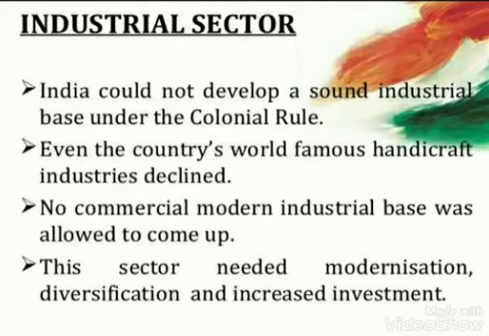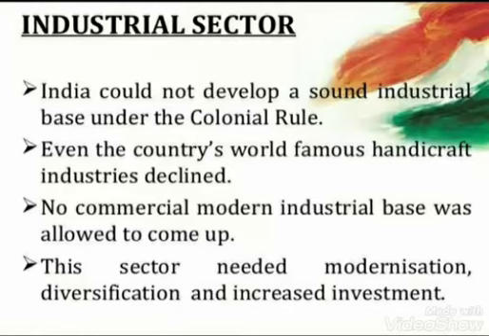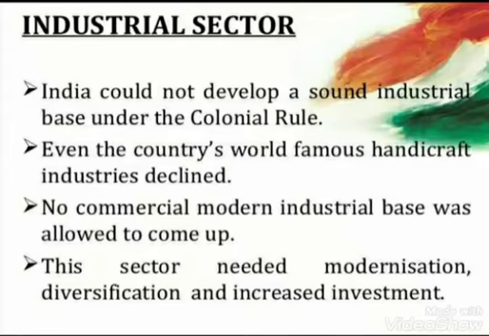Now children, it was during the second half of the 19th century when modern industry started taking root in our country. Though the progress was very slow, initially there were two major industries set up. One was the cotton textile industry and another was the jute mill. The cotton textile mill was limited to the western part of our country, that is Maharashtra and Gujarat, and the jute mill was concentrated in